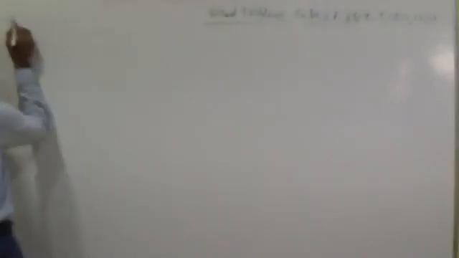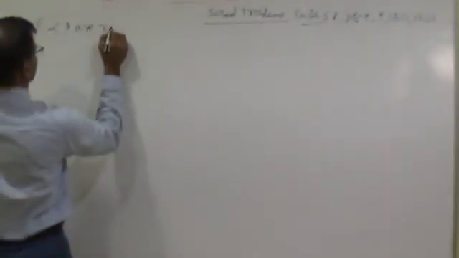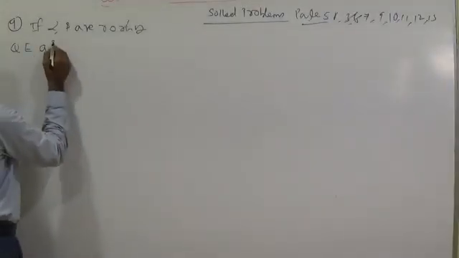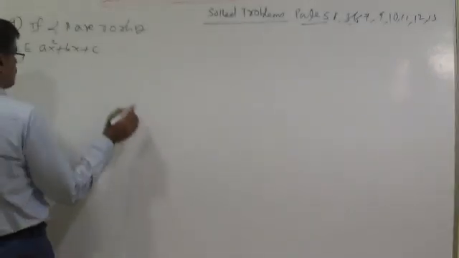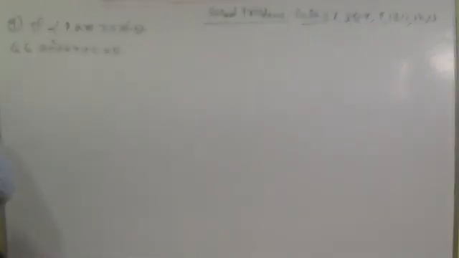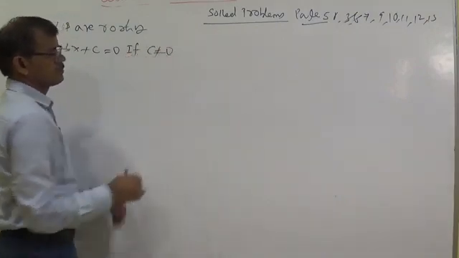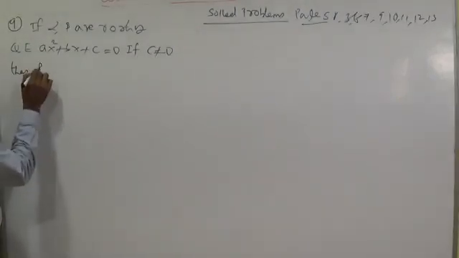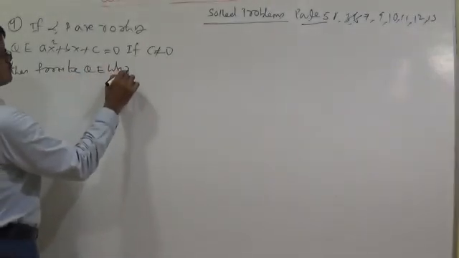If alpha, beta are roots of the quadratic equation ax square plus bx plus c equal to 0. Ninth question. Condition given: if c not equal to 0, then form the quadratic equation whose roots are